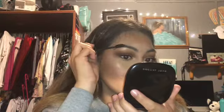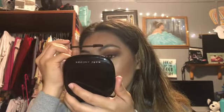You know? So now I'm just gonna comb my eyebrows with mascara so they can stay in place. Life hack! I like to do this because I have very intense hairs. And it makes them look even more natural than they already are. So yeah! It probably took me like 30 minutes to do this entire full face of makeup. But, you know,